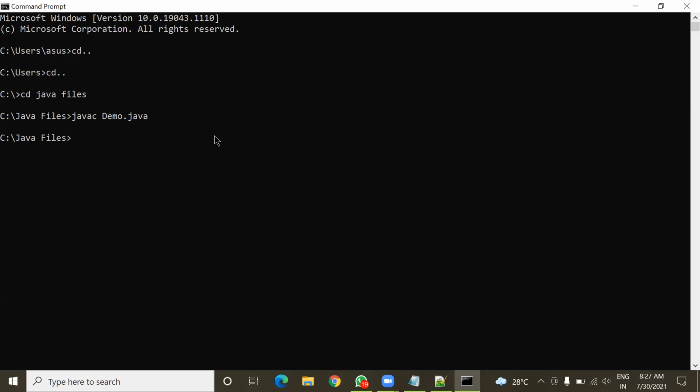So after compilation, the next thing we have to do is to execute the compiled file. To execute the file, we have to use the java command and then the name of the file. Note that while executing the file, there is no need to give the .java extension. So java demo only, and press enter key. What is the result you see here? This is my first program in Java. This was the line supposed to display in the output.